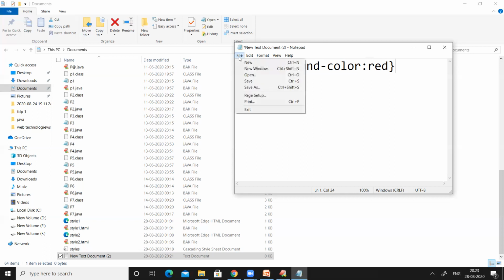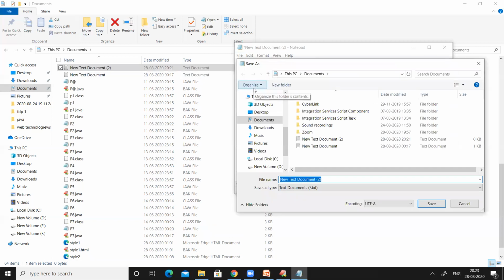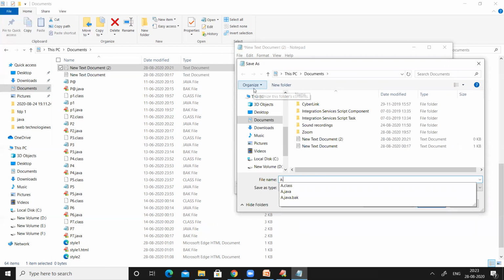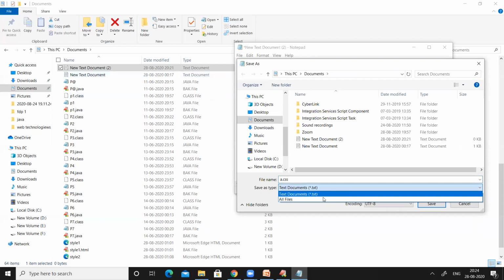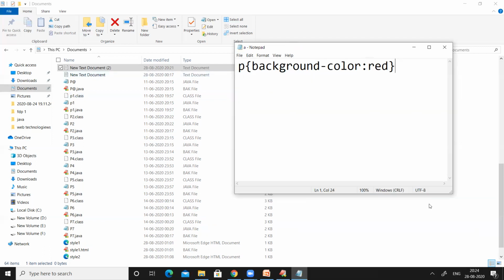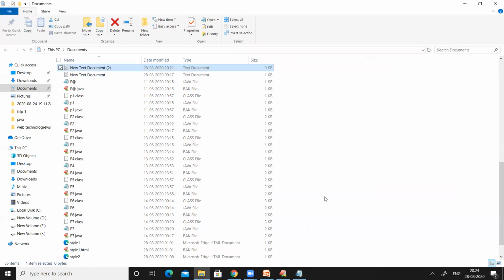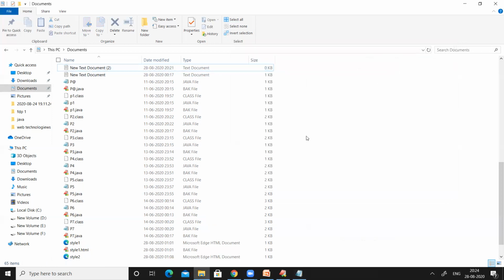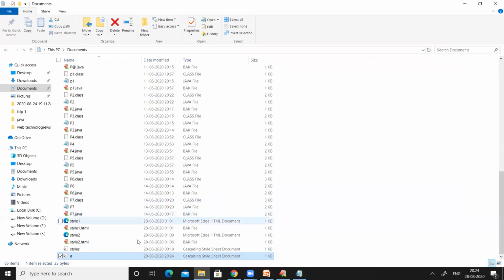So this is a CSS file. I'm going to save this file as a.css. So the file name is a.css, right? I have saved the particular file. Okay. So now look, A is here.